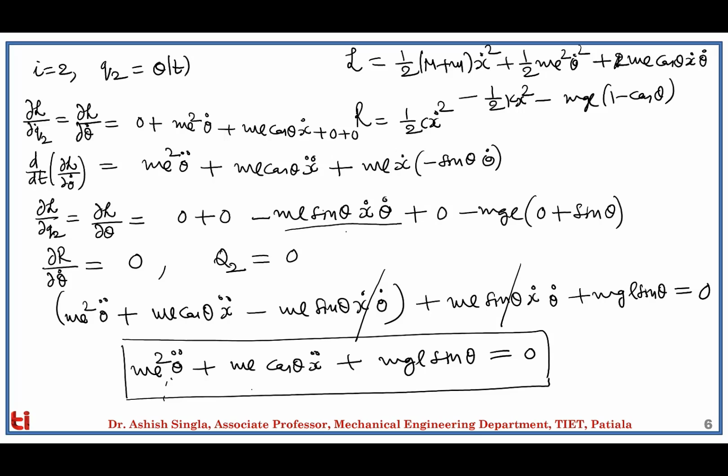Wherever there is an x dot theta dot, that is basically the Coriolis component of the force. Whenever there is x dot theta dot, which means the superposition of both velocities, that force will also be there, which in this example turns out to be 0 because it cancels out. So let's try to understand its significance.